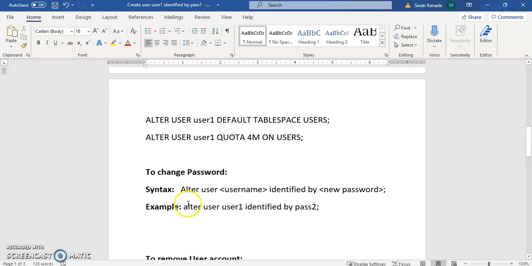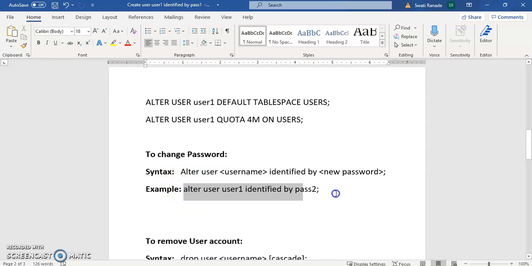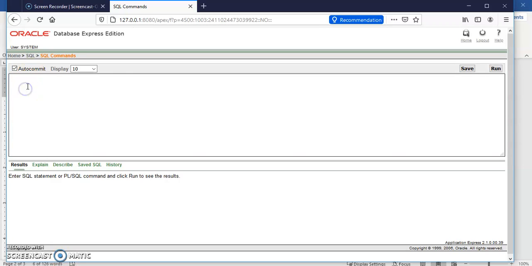To change the password, the syntax is alter username identified by new password. Let's execute this: alter user 1 identified by pass2 will be the new password for user 1.